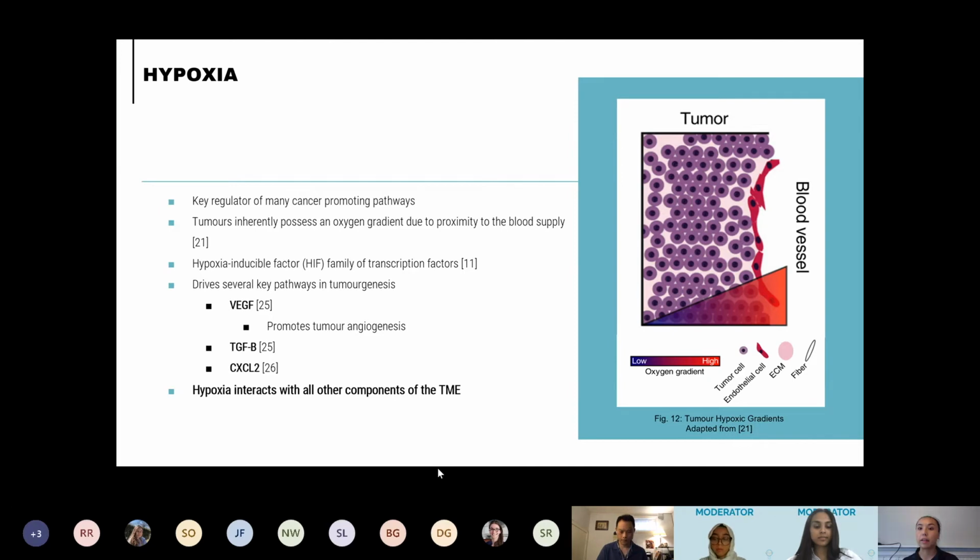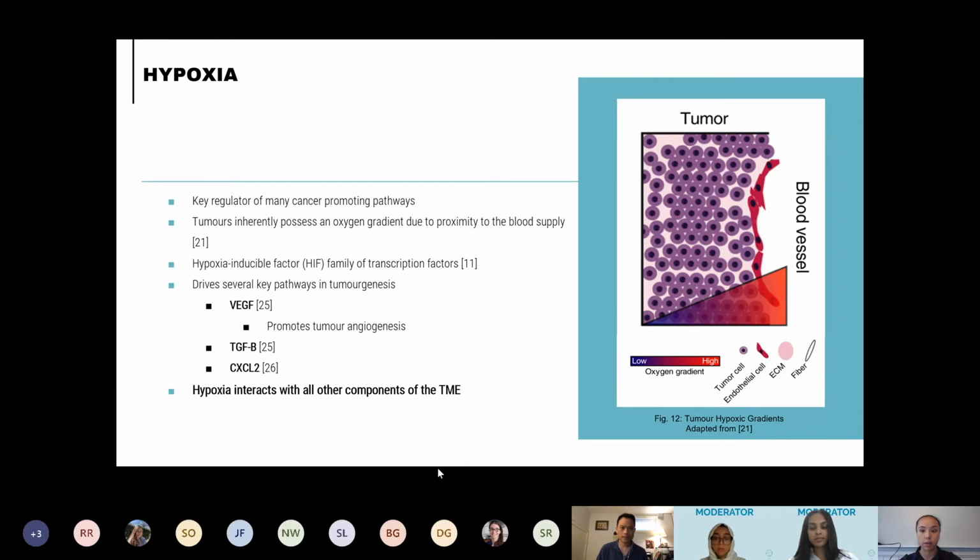A key regulator in the tumorigenic process, hypoxia has created a name for itself in the cancer immunology world. Due to the location of blood vessels in the tumor, tumors will often experience oxygen gradients, with the innermost tumor cells being the most hypoxic. The HIF family of transcription factors exerts an assortment of effects on its host cells. They are responsible for the induction of several key pathways, such as VEGF, which promotes the formation of new blood vessels, or angiogenesis. Each section of the TME is heavily influenced by hypoxia, making it a crucial piece of the